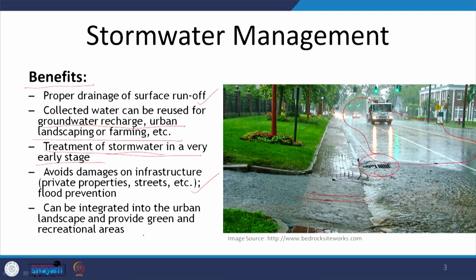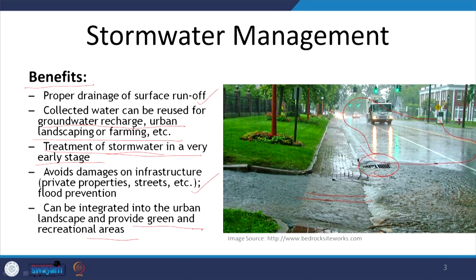We see that the low lying areas of cities get flooded because the storm water was not managed, and public property gets damaged, which we can avoid, and that is a substantial cost. It adds a lot to the economic cost. And this storm water, if properly managed, can be integrated into the urban landscape, and it can help provide